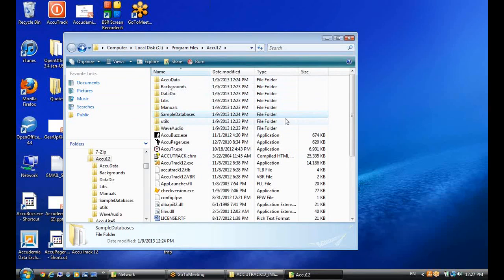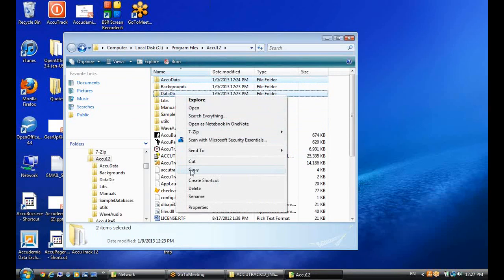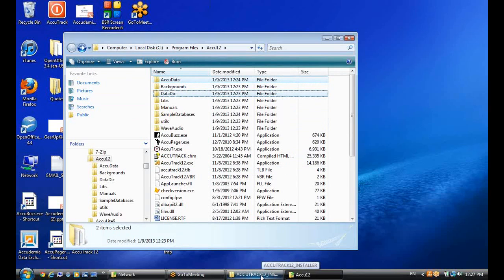Okay, there are two folders that I'm going to need in order to do that. I need my AccuData folder, and I also need my data DIC, my data dictionary folder. Okay, so I'm going to copy both of those folders here. Okay, and then I've got my network open